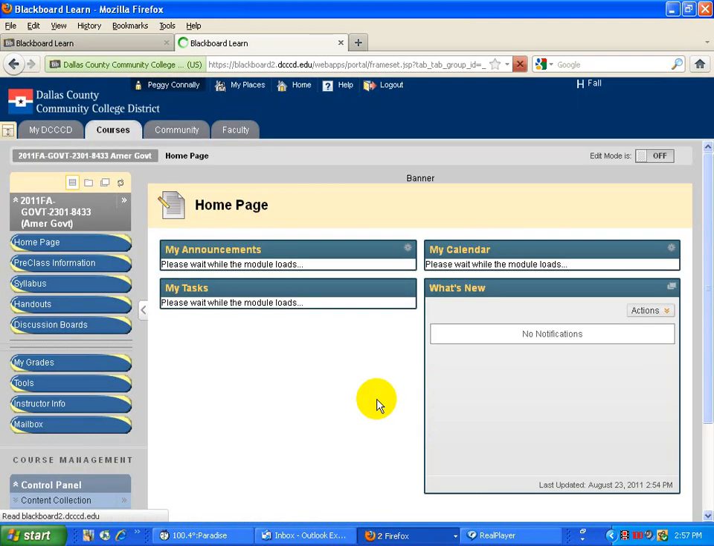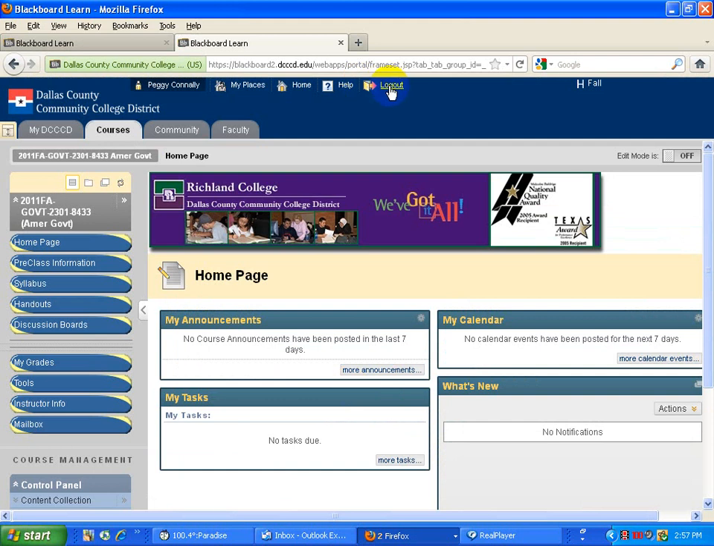Once you're in, then your logout point is up here at the top. Don't forget to log out. Once you're done and leaving, you don't want to just leave it open, especially if you're in a computer lab somewhere. And speaking of that, when you take an online course, you need to have some kind of backup system where